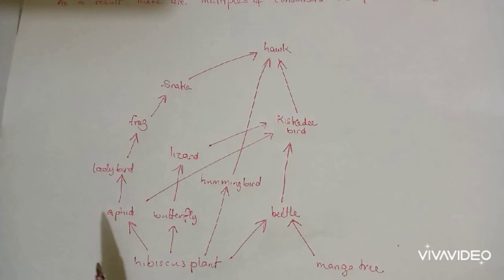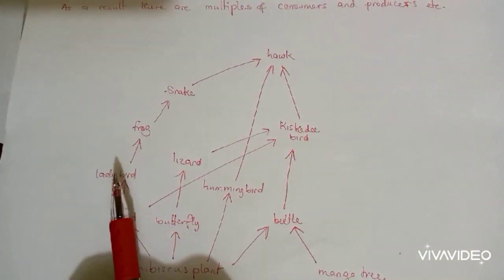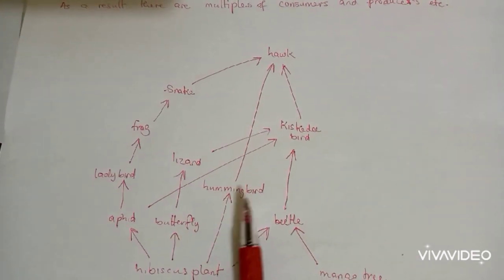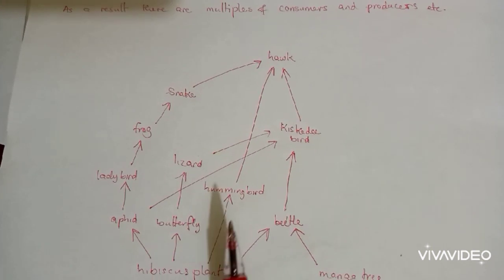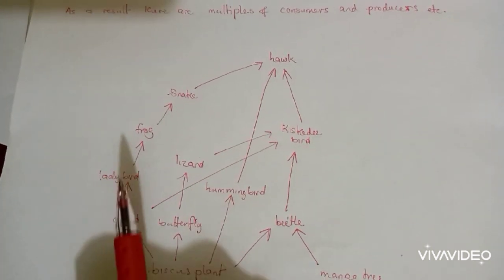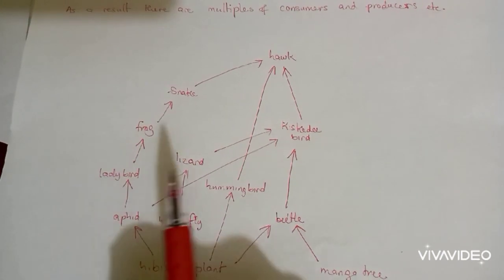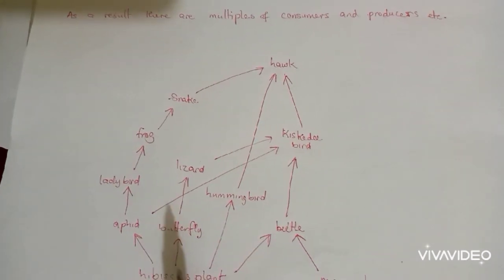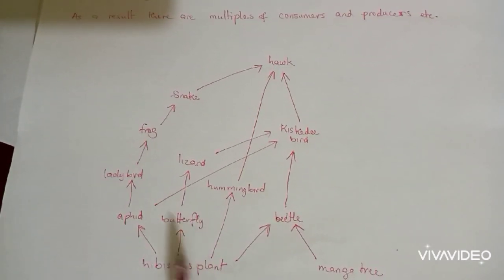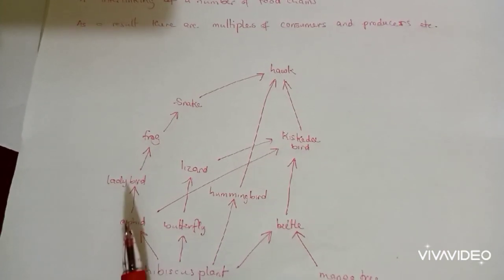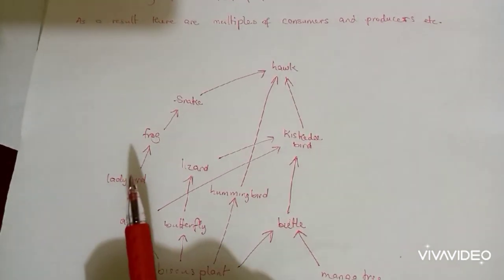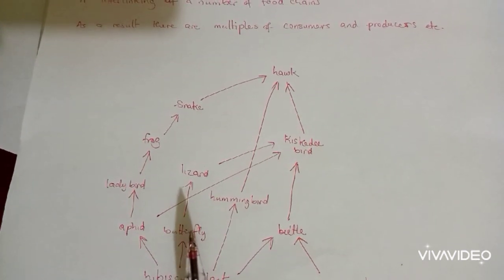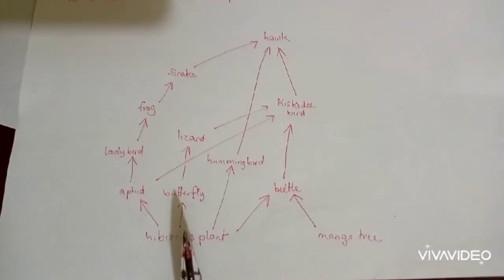Good. And you can go further, the ladybird and the lizard and the hummingbird are also, note that the ladybird and the lizard are at the secondary trophic level, sorry. No, that would be the third. So the first would be the hibiscus, which is a producer. Then the aphid would be a primary consumer. The ladybird would be a secondary consumer. Same for the butterfly, a primary consumer because the producer is the